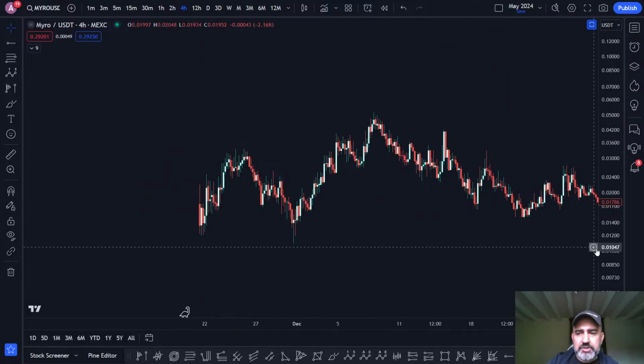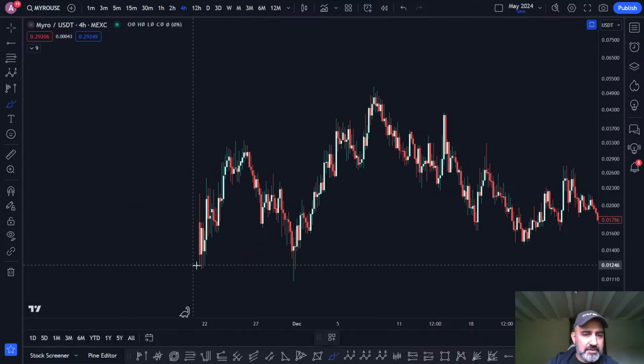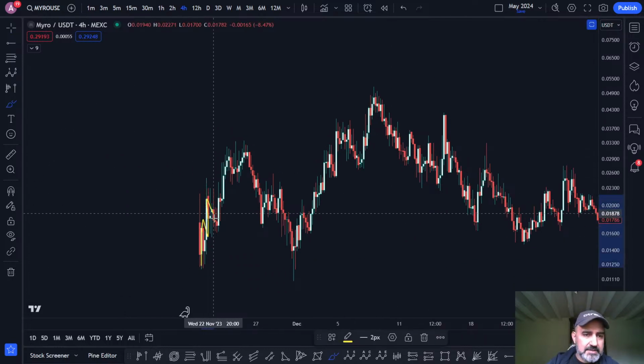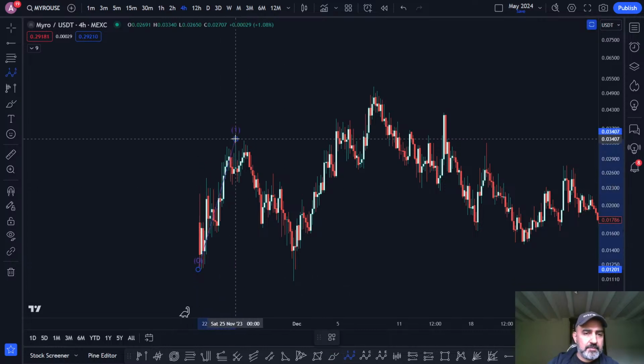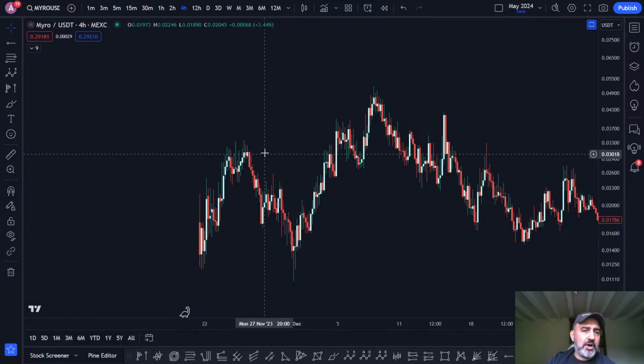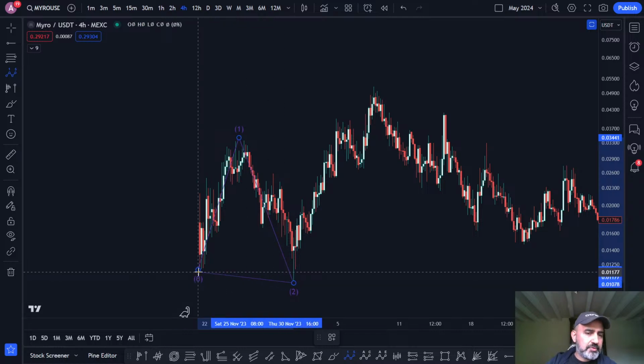And maybe you're thinking to yourself, wow, look at this. This is impulsive. Look how the price has moved up. Oh my God, impulse, impulse, impulse. Is that wave 1? Could be. But how do you know it's not? Well, the reason why you know it's not wave 1 is because wave 2 has extended more than wave 1.